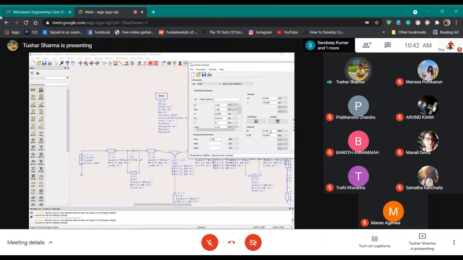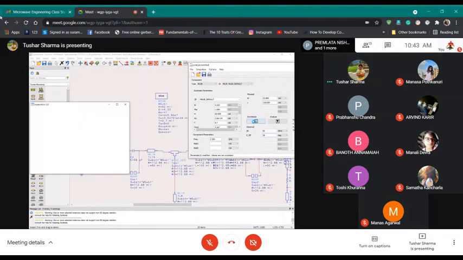So this was 50, say a 50-ohm line. Some issue is happening in this. My LineCalc is failing. 32 mil, 64 mil, 32 mils.